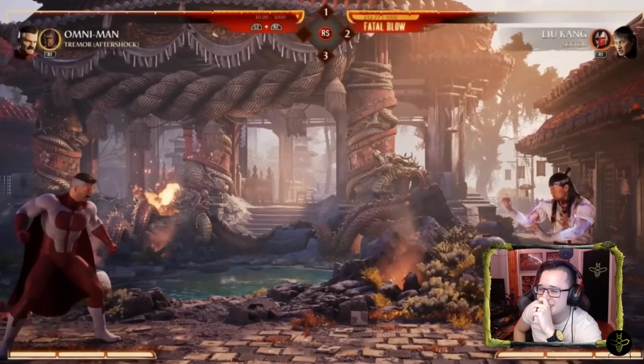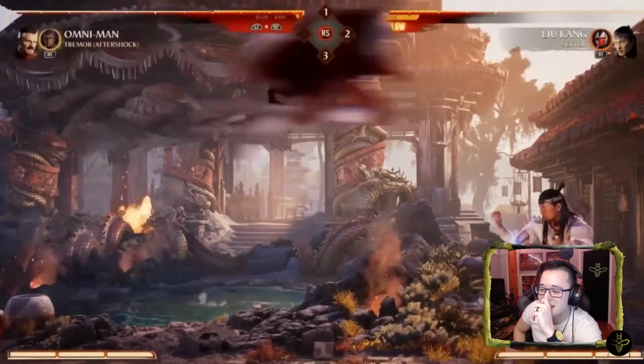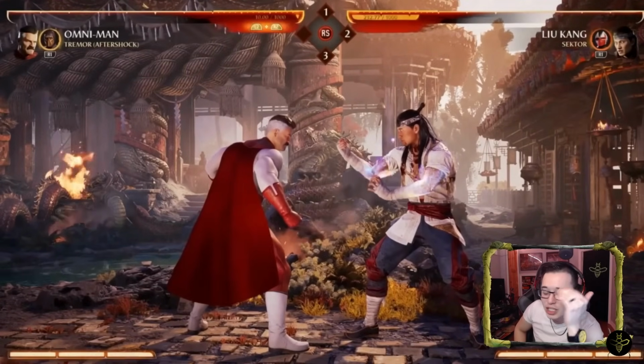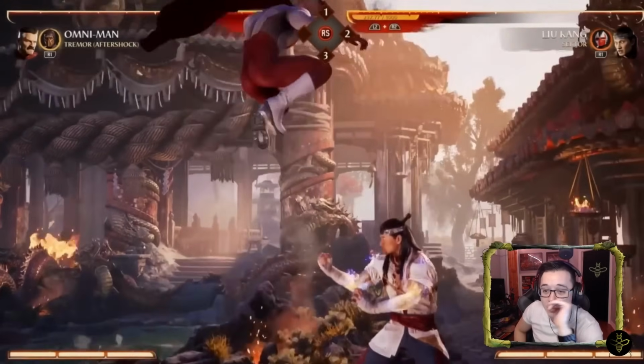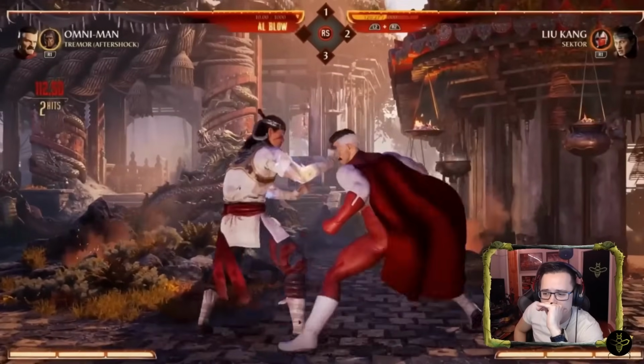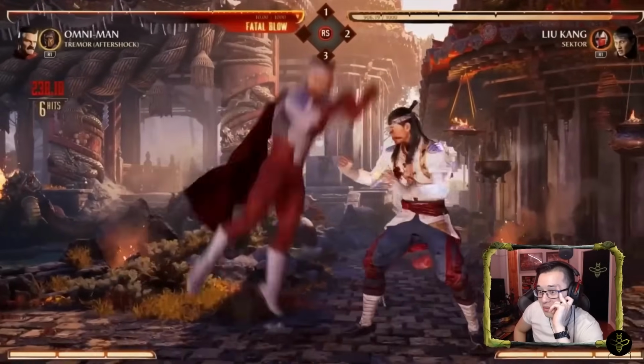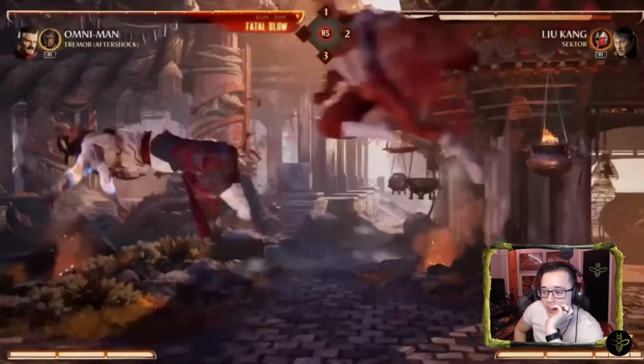And then lastly, for his mobility, he has a unique air dash. Actually, his parry, he just goes through things all the time. He spins the opponent around for a free hit. Oh my god. And you can do two as long as you have meter, so you can do stuff like